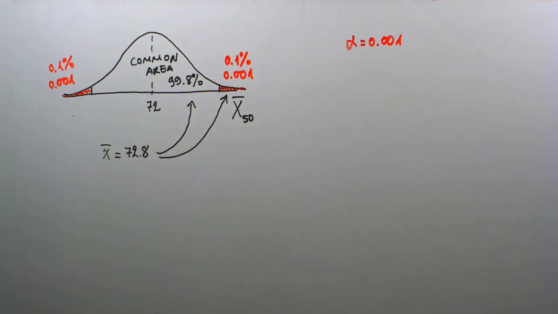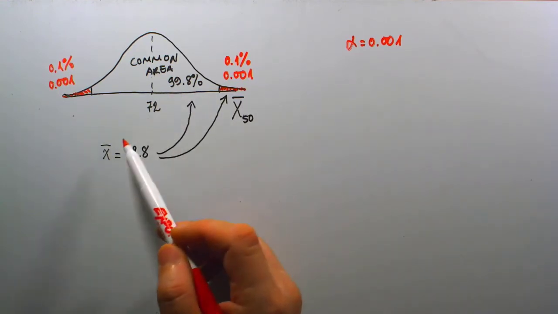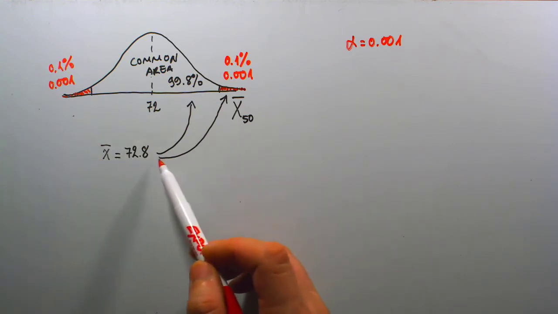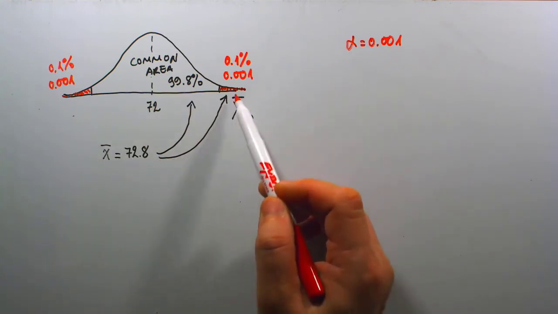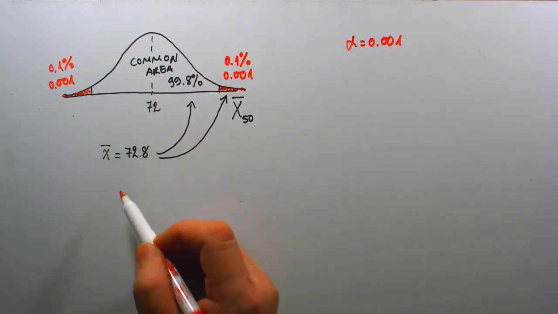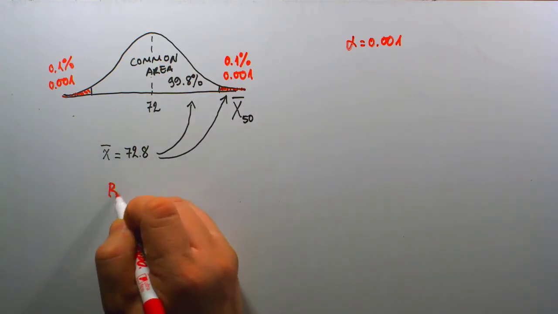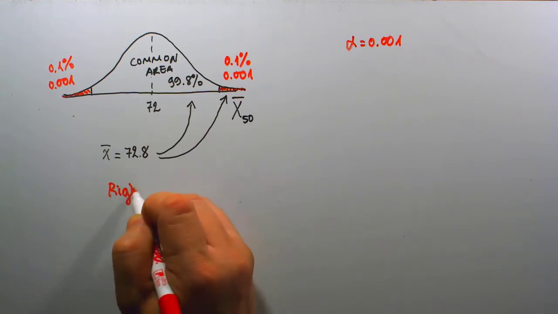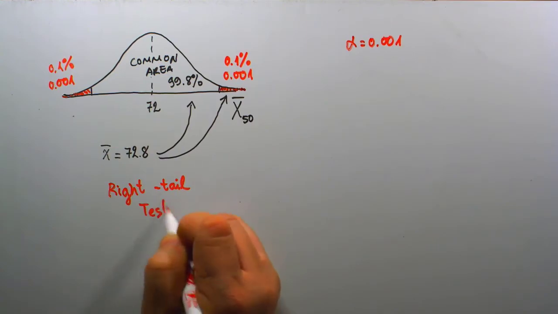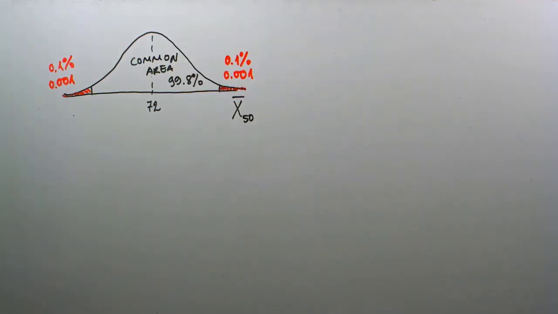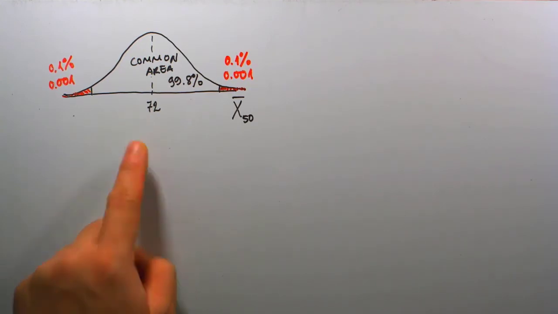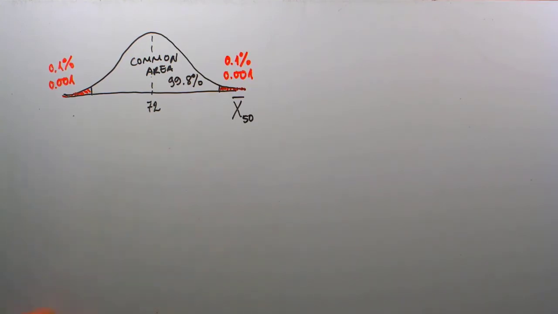But due to the fact that we are determining whether our sample would fall into that right tail red area outside of the common area, this is again the reason why we refer to this test as a right tail test. And so now that I have given a detailed explanation of what it means to be a right tail test, but in the end,